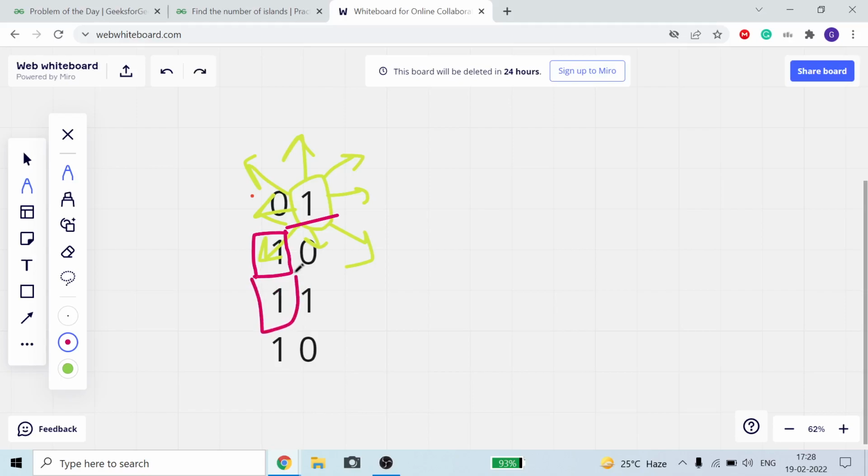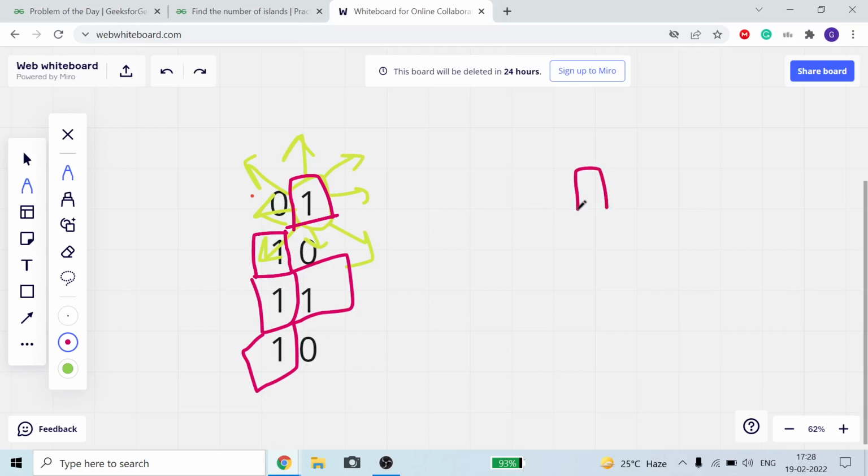So this is our part. From this we go in eight directions, and we have only one direction left. From here we can go in this direction. And by doing this, we found an island. We found an island connecting in a shape like this.